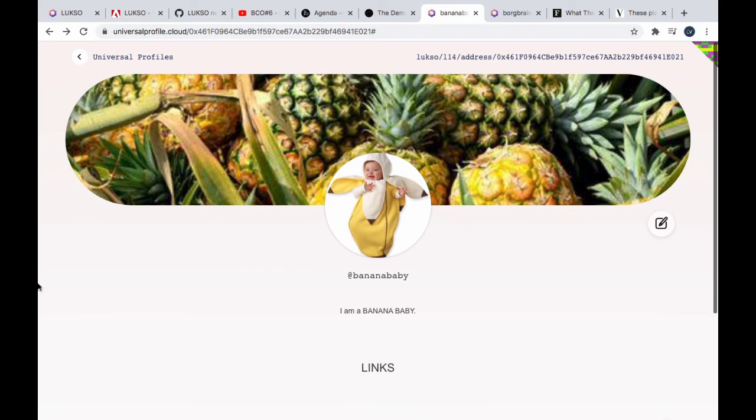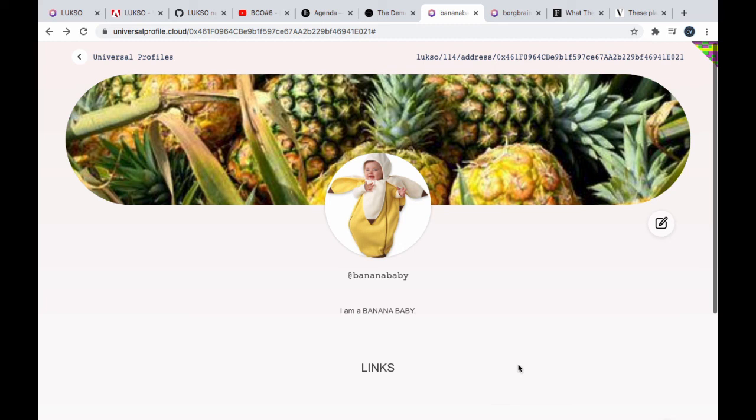pretty cool project. I know a lot more about the project, but this is not my focus today. At a later date, I'll cover Luxo more. Maybe I'm going to try to figure out how to create a piece of digital clothing and then upload it and try to sell it in the marketplace. But look, mainnet's not going to be up for a while. They have a testnet, but they haven't even begun looking for validators and stuff. Me and my business partner are hoping to run a node on Luxo because we're bullish on it.